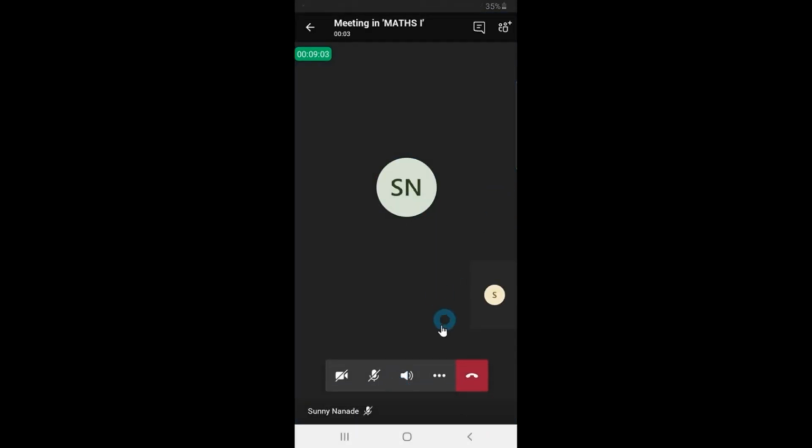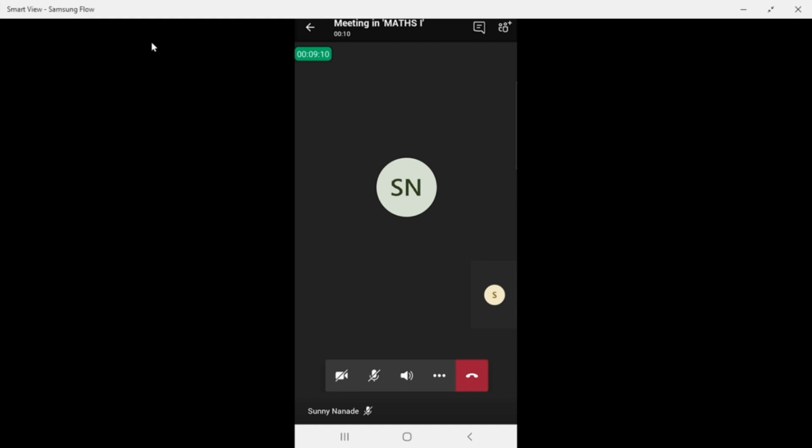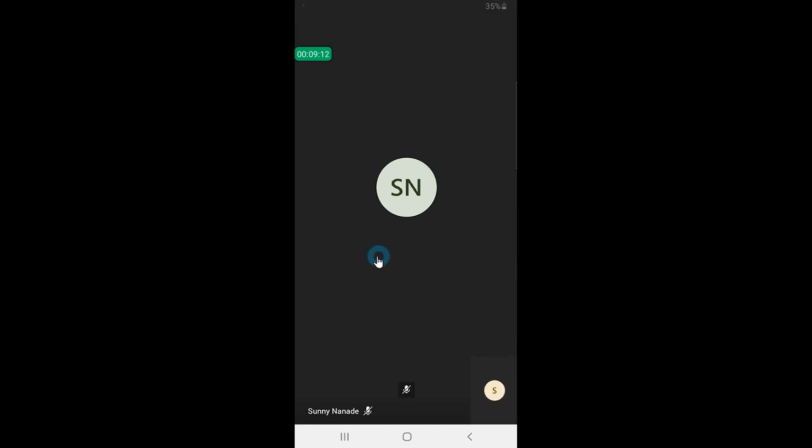So you are there in the class now. Through mobile, the teacher's screen would be seen over here. It is again advised that you rotate the screen and keep the mobile rotated so that you would be able to see the entire presentation more effectively. In case you are having any issues or doubts, from either the mobile or the desktop software, you will just have to click on the raise hand option over here.